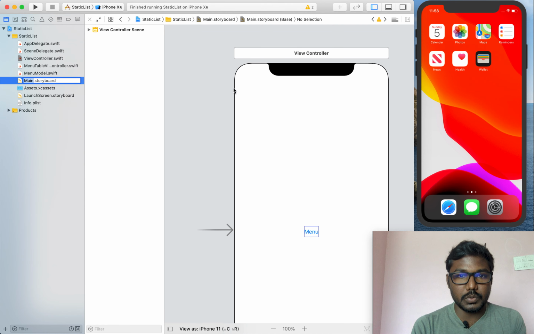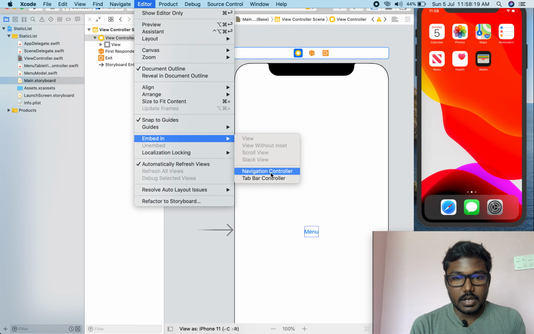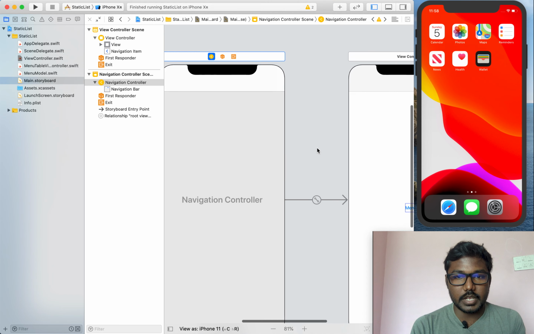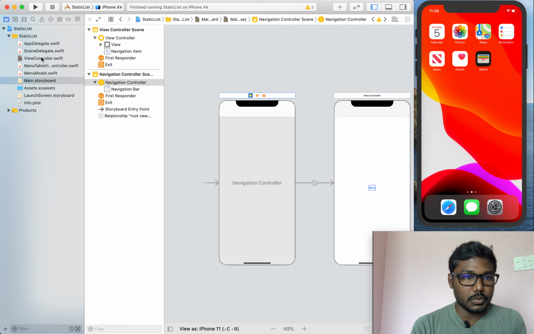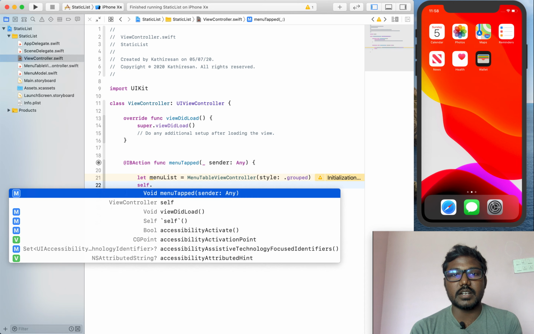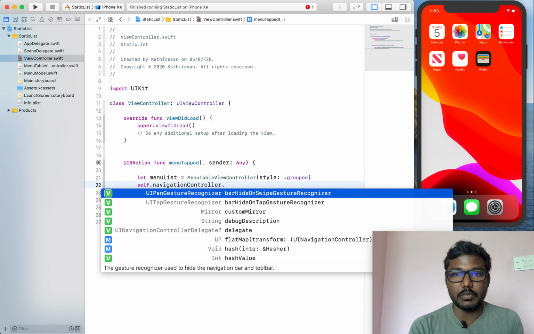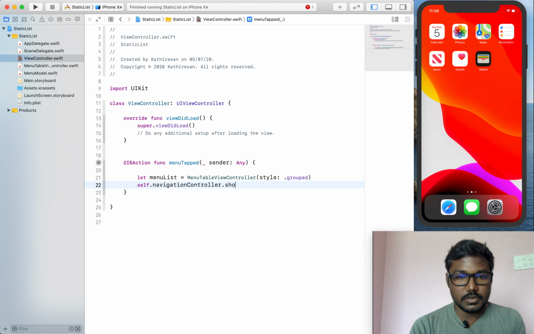Before that, we have to embed a navigation controller on the view controller, so I set it like this. Now it's very easy. Without this, we would have to implement the navigation controller inside the code, so I embedded it in the storyboard. Then show view controller as the menu list, and the sender is nil.